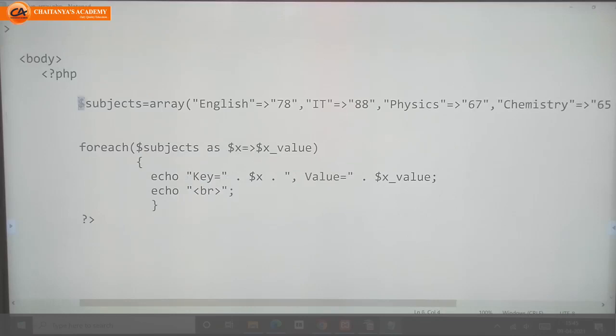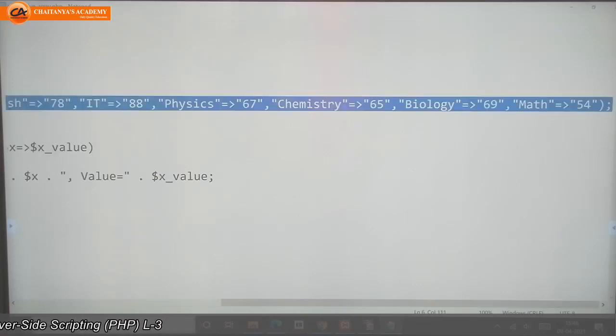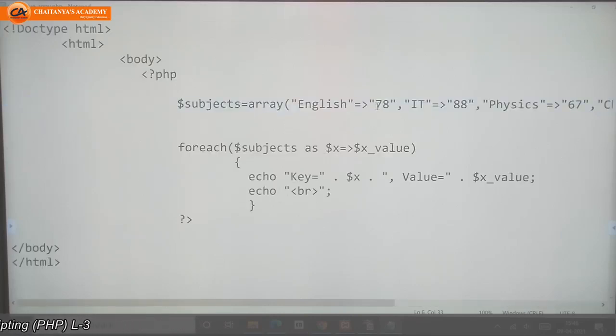So this is the name of my variable. Here array into bracket. This is the key, English. Equal to. How to assign? Equal to mark and greater than symbol. And next into double quotes, whatever value you want to pass for that particular key element. Key value, key value, key value.